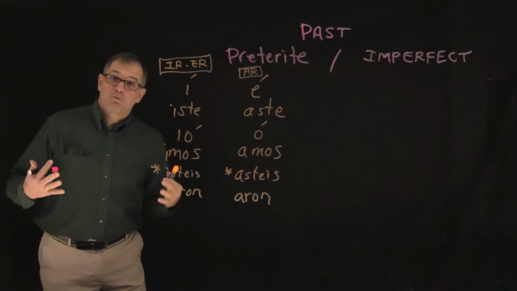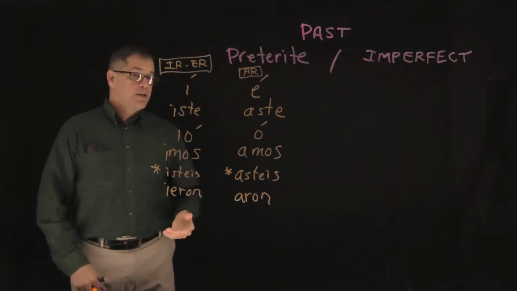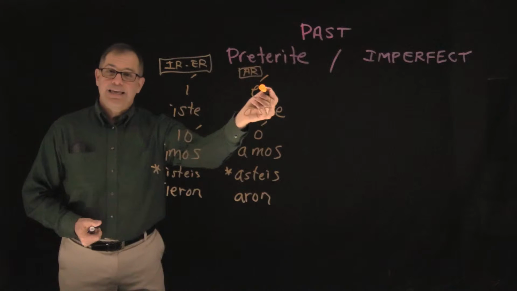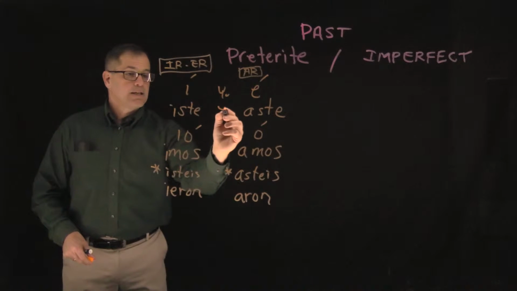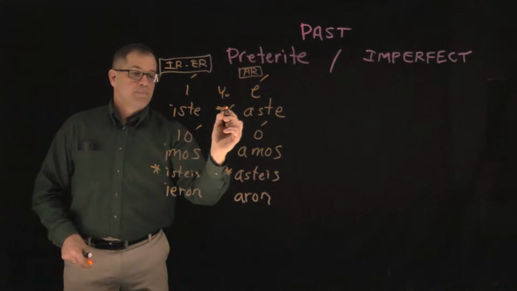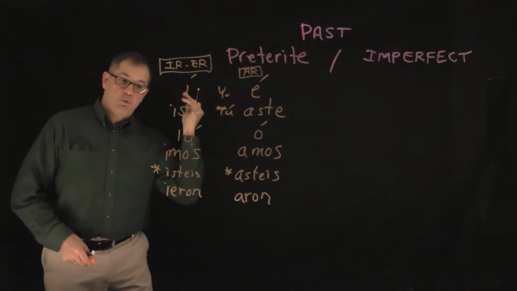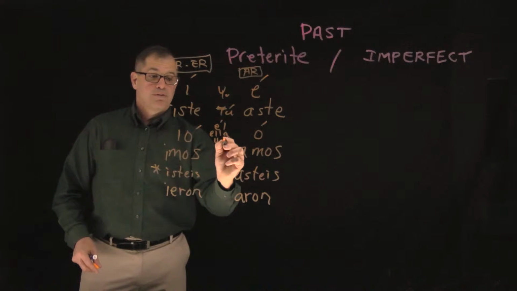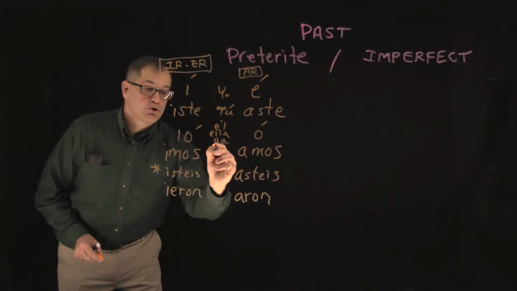So remember, to form regular verbs in the preterite tense, the past tense regularly, all we have to do is take off the AR of the verb and add e if it's the yo form, aste or iste if it's the tú form, ó or ió if it's él, ella, or usted, remember we have the accent on the end and that's where we punch it when we say it, okay? Then amos or imos if it's nosotros,